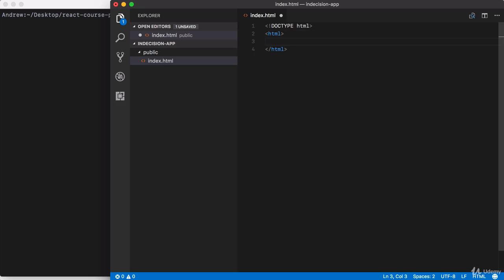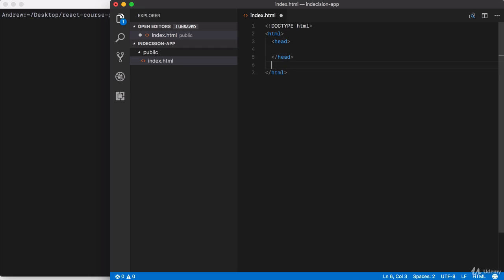Inside of here, we're going to add the usual suspects, head and body, and we'll keep things very simple. Now, if you are using an editor, you should be able to type head and tab to autocomplete that tag. If you're not seeing that autocomplete feature, I recommend installing the Emmet plugin for your editor. So most editors have this built in. If your editor doesn't, there is a category of plugin called Emmet, which is where the auto completion for HTML comes in. As I mentioned, we're going to be writing maybe 4 more lines, so it's not really a big